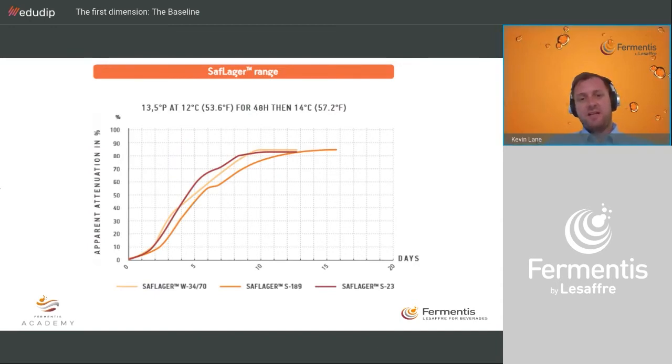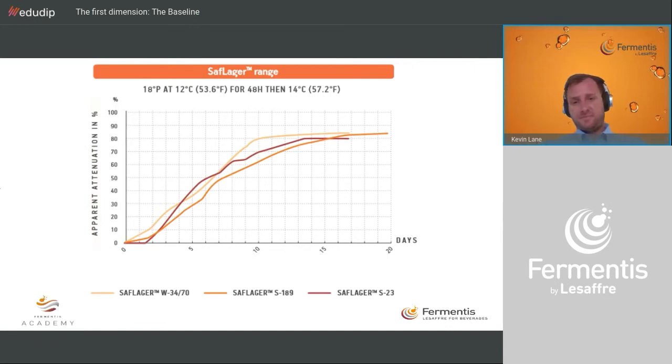Going back to the standard range, the SAF lager range, again, 13.5 and 18 Plato. Again, I go back to the fact that the lager yeasts in general are not going to be as significantly different as the ales will be from each other. So here you're not seeing big differences between the lag or the slow beginning, the rate, the fast growth rate, the rate of fermentation, and the attenuation. They're all very similar. There are differences between the strains, of course, but they're not as extremely different as the